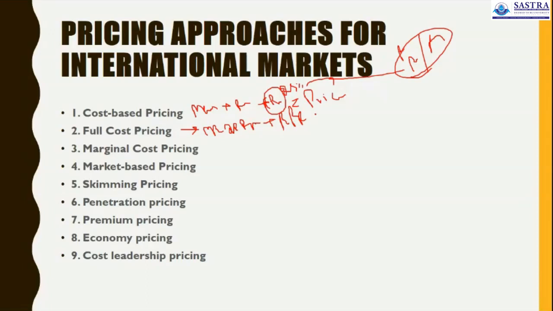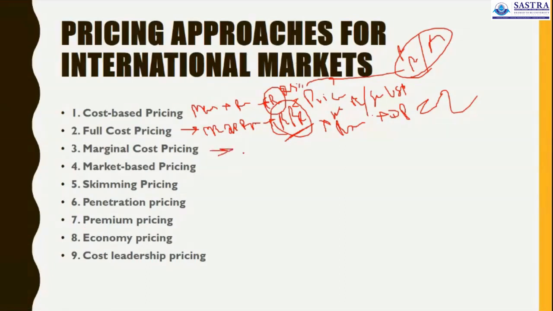Likewise, we calculate the overall exchange rate fluctuations that may happen in the home country currency compared to the foreign currency, or the standard currency, like the US dollar if they are using it. We establish what exchange rate fluctuation happens for the particular product, and what is the cost incurred for exporting of goods, the clearance charges, everything together added for the full cost of pricing, plus the desirable profit margin at which the product is aligned in the international market. And the marginal cost of pricing is evaluated.